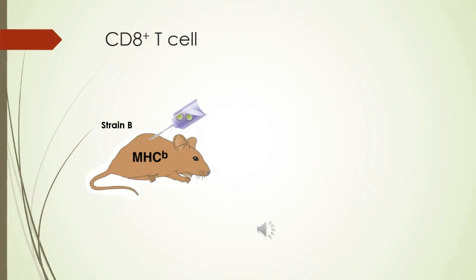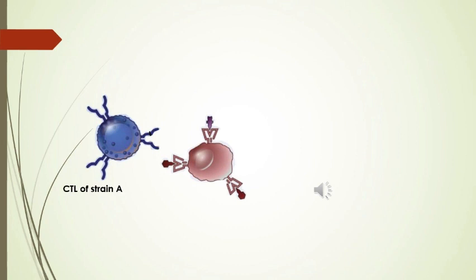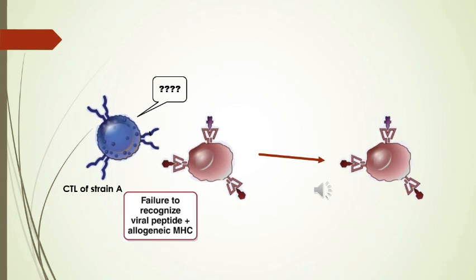The target cell from another mouse, strain B, which means no blood relationship with strain A, presents MHC1 of strain B and the peptide antigen of the virus. After mixing this target cell from strain B and the virus-specific CTL from strain A, the CTL cannot recognize the peptide because it is presented by allogeneic MHC1